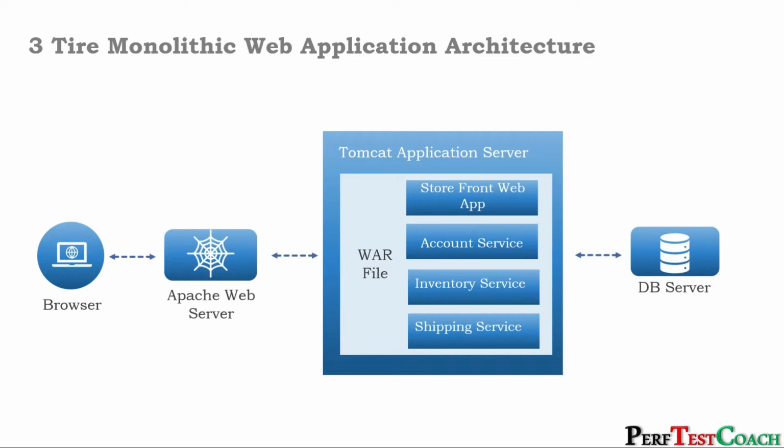If you look at the Tomcat application server, the storefront web app module, the account service module, inventory service module, and shipping service module all are packaged into a single WAR file and are deployed as a single application. And also, all these modules are using the same database. We have been traditionally developing web applications in this fashion, but there are a few disadvantages of this monolithic architectural style